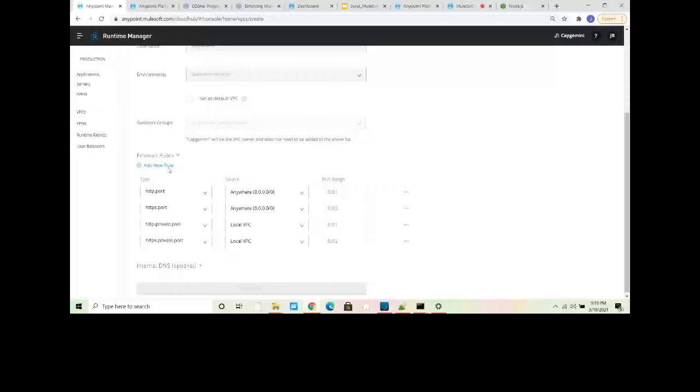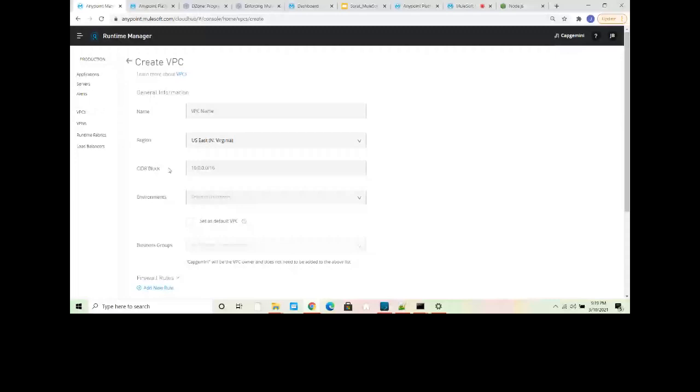A VPC is a virtual private cloud in your Anypoint platform. We set up an isolated network in CloudHub. When you deploy the application, it will get deployed within your own isolated network. You might be aware MuleSoft is a multi-tenant platform, so you have some set of IP addresses, and all the tenants can deploy applications within the same IP ranges, the same subnet, or the same network. But using a VPC, you can isolate it and define your own IP ranges. That is the motivation for creating an Anypoint VPC.